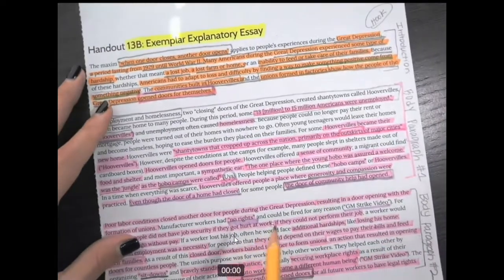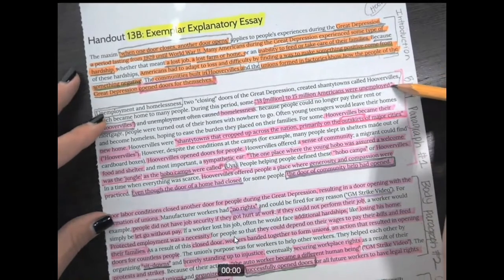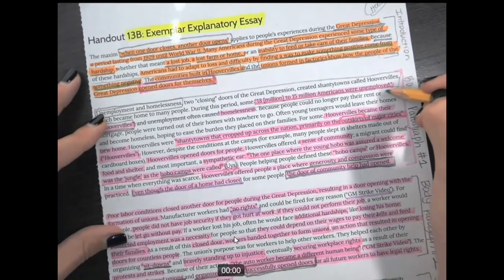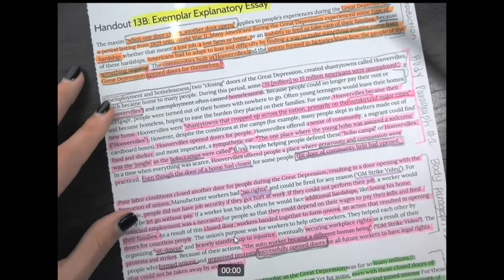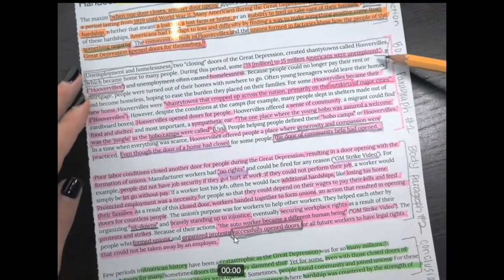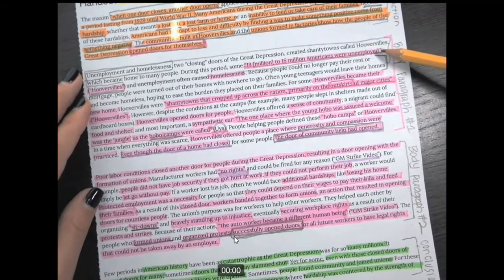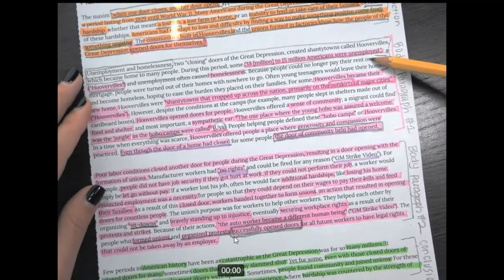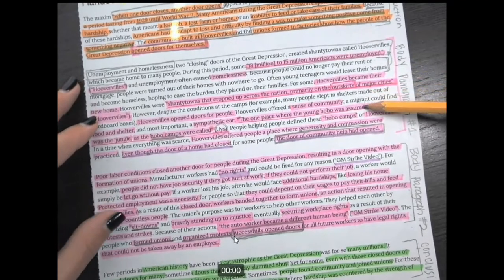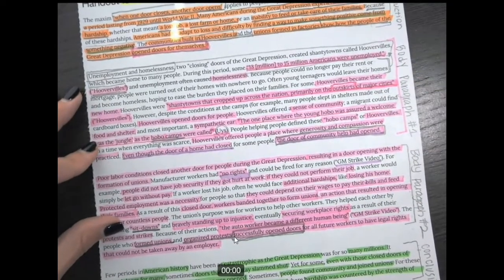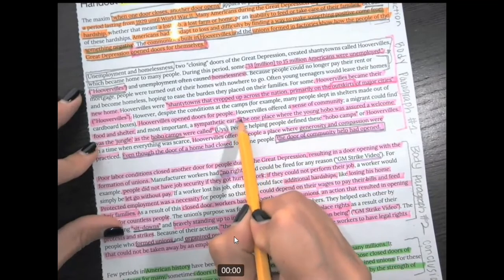So that's exactly what we do after this. After our evidence, we have our elaboration, where we explain our evidence. And then we go on to do that again. We kind of repeat ourselves here. We have a piece of evidence, and then we explain our evidence, and then we include another piece of evidence, and then we explain our evidence. And then, just to be extra, we have another piece of evidence.